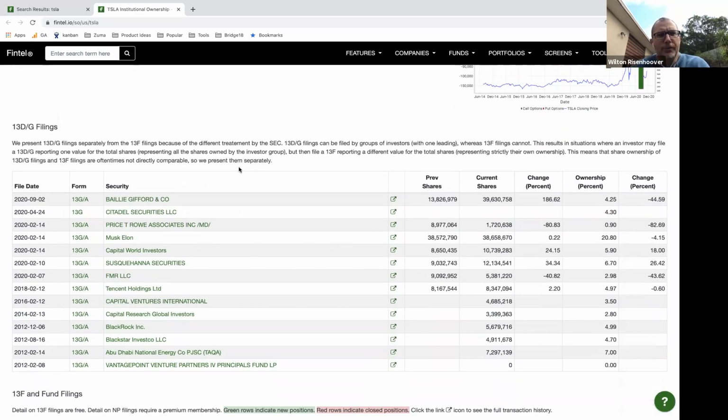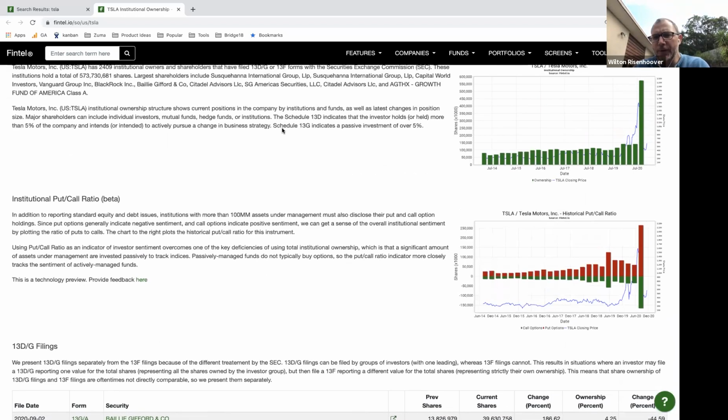In addition to this data, which is sourced from 13F filings, there are these new N-PORT filings, which are required of all funds, ETFs and funds. 13Fs are required of every institution that has more than $100 million in assets under management. So basically that means